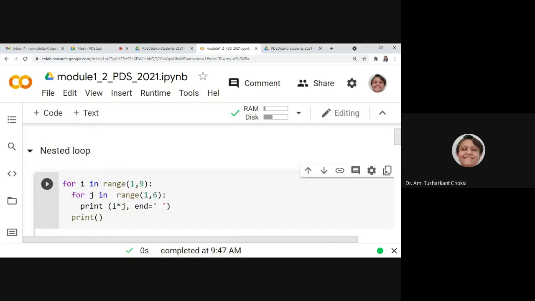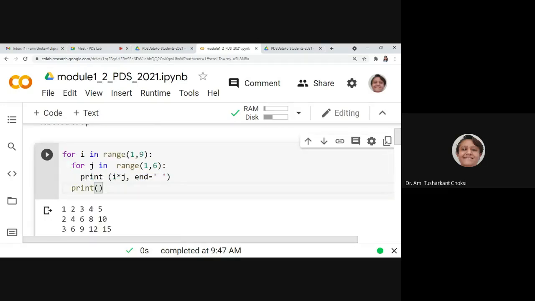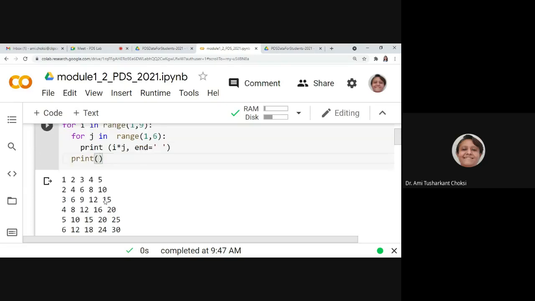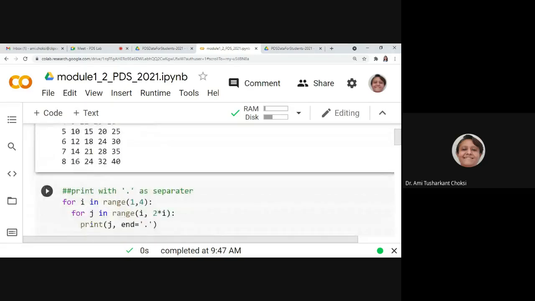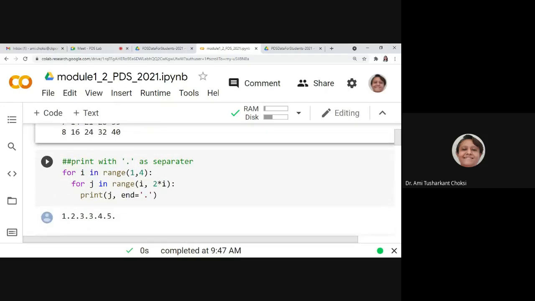So we have done this nested for loop, okay? For formatting, we want that after the first loop is completed, we want to have the print. That is the output we want to have in the new line. That's what we are giving as print, right? In C or Java also, we used to have something like this. That is, we are printing printf, then backslash n, right? So that's what we are doing here. In Java, we have System.out.println. Okay.